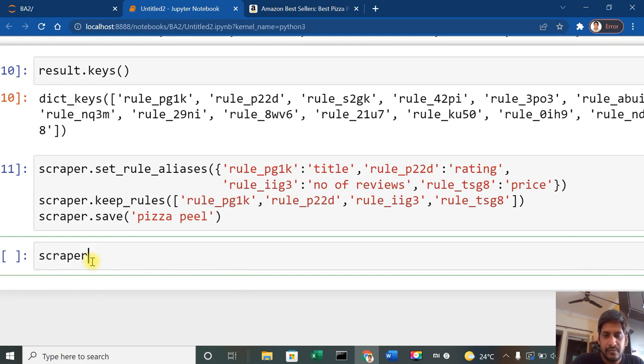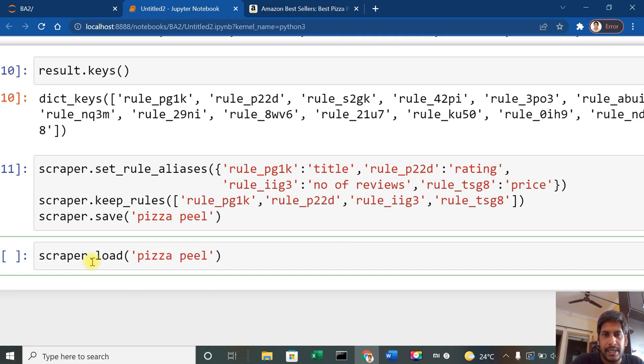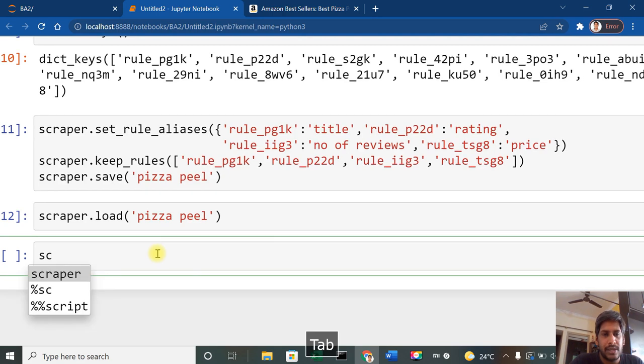Once we have executed this one, now we have to load this pizza peel again in a scraper dot load, because we have already created and kept everything, all set. Now we load that. Once you load that one, we say get similar